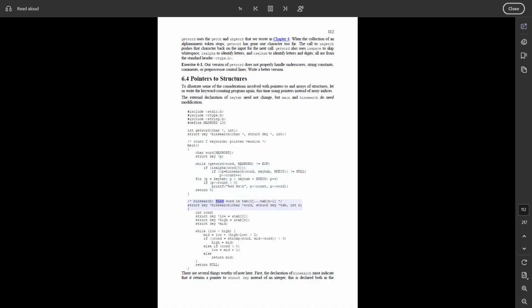/* binsearch: find word in tab[0]...tab[n-1] */ struct key *binsearch(char *word, struct key *tab, int n) { int cond; struct key *low = &tab[0]; struct key *high = &tab[n]; struct key *mid; while (low < high) { mid = low + (high-low) / 2; if ((cond = strcmp(word, mid->word)) < 0) high = mid; else if (cond > 0) low = mid + 1; else return mid; } return NULL; }